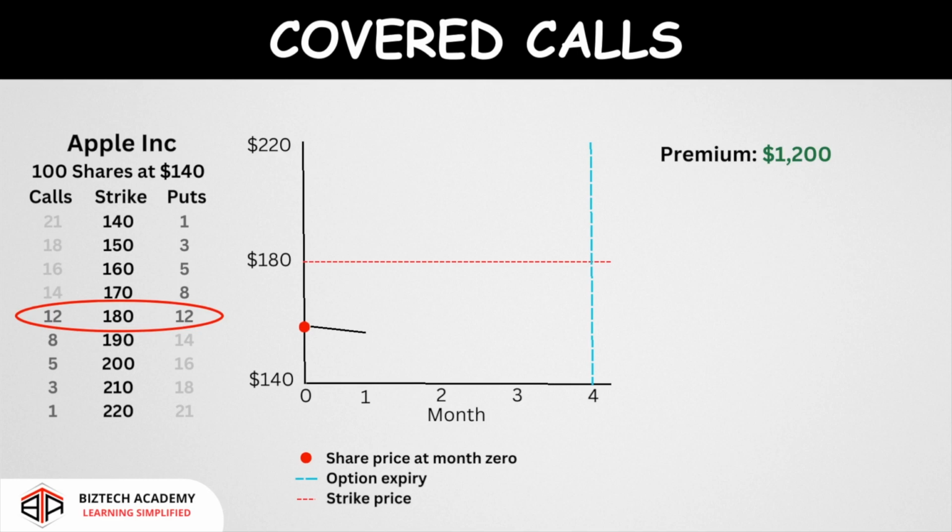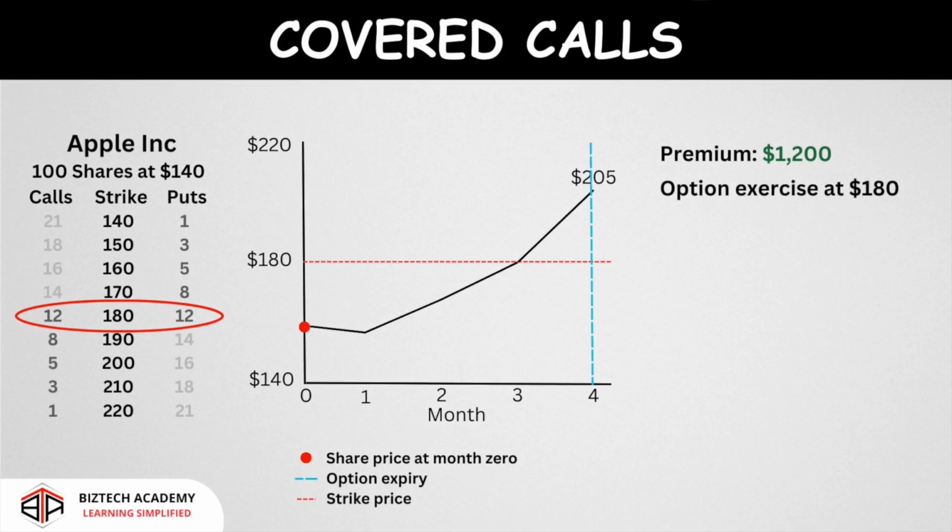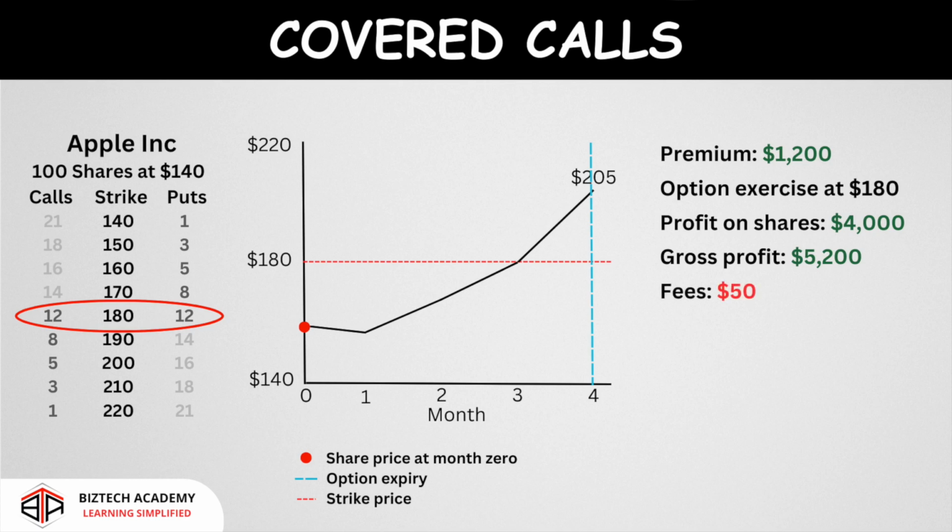Over the next 4 months, the Apple share price does climb above the $200 mark and actually surpasses $180 in month 3. And at this point, the purchaser of the option decided to sell the option and purchase the shares from you at $180 per share, the strike price. This provides you with a profit on the shares of $4,000 and a total gross profit of $5,200. From this, you would need to deduct the transaction and brokerage fees, let's say $50, and this leaves a net